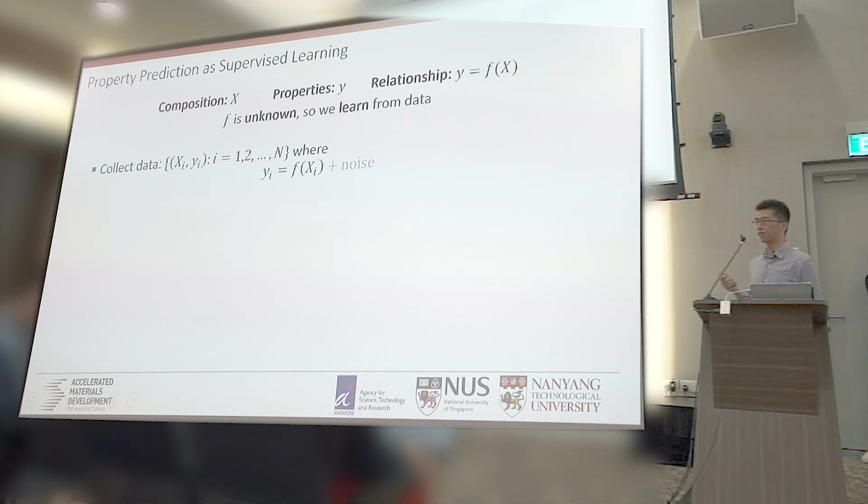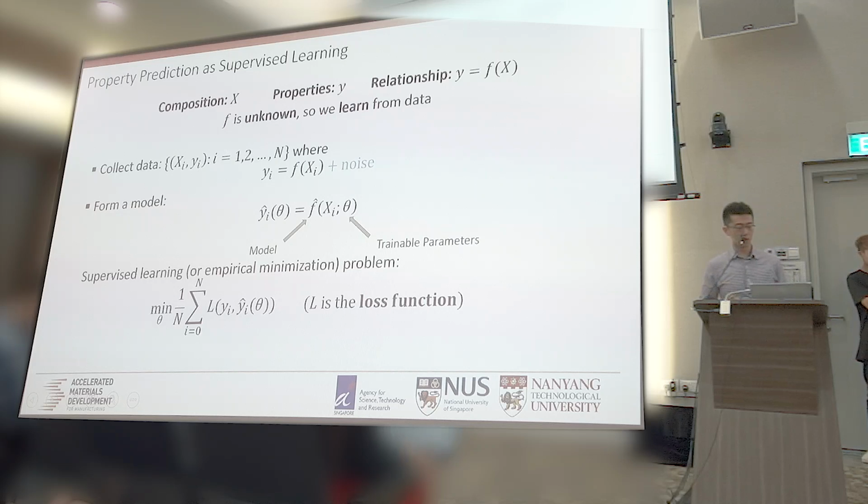There's some noise because often when you do experiments, there's going to be uncertainty, both systematic and random ones, right? So we allow for that. And the next part is we form a model. Okay, so what does forming a model mean? You're going to form a search space of all possible models,